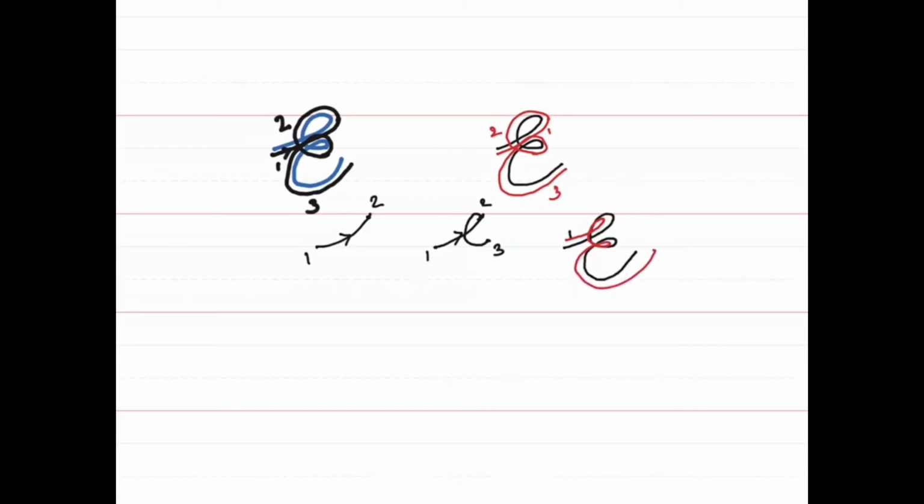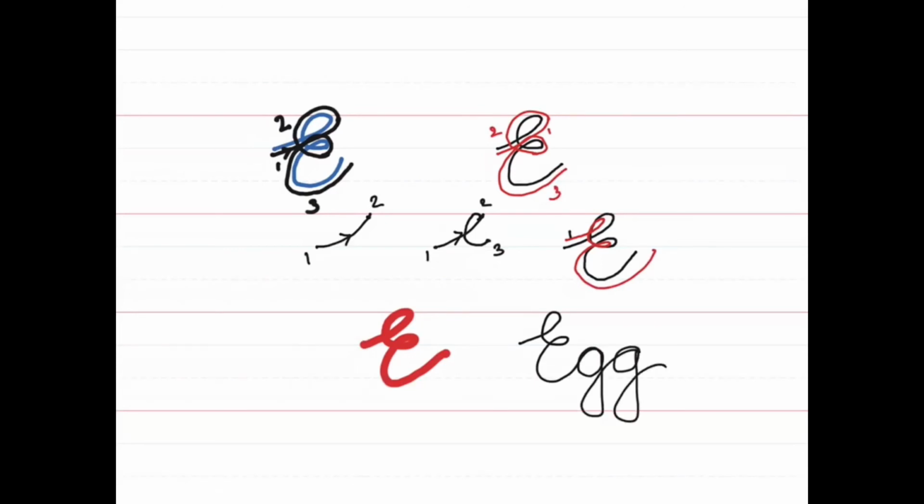Okay, so the final E for you, I'll show it to you again. How is it going to go? Like this and like this. Okay, suppose if I have to write, say, egg. So how am I going to write? I will take it like this, and I'm going to put like this. That is egg.